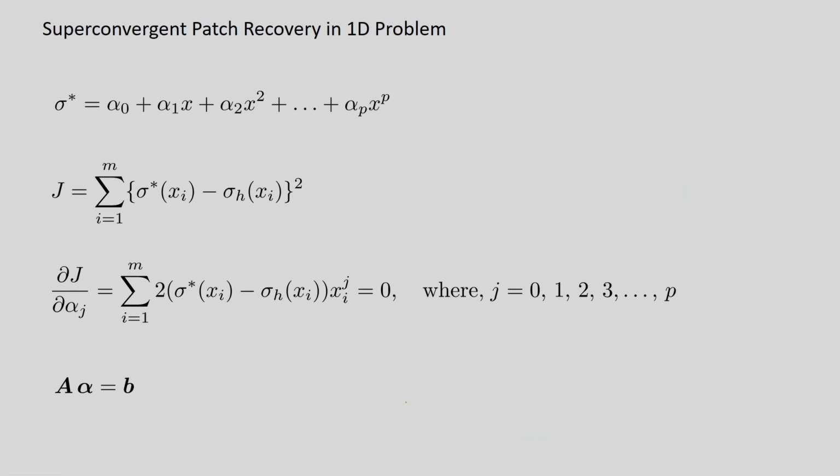Suppose we have used Lagrangian functions for p equal to 2. In that case, the recovered solution we have to express in terms of a quadratic polynomial. So for a pth degree polynomial we have to extend it up to the pth degree term. This is the expression for the recovered stress, and similarly we will define the error, that is the difference between the recovered stress and the finite element stress at these data points or the superconvergent points.